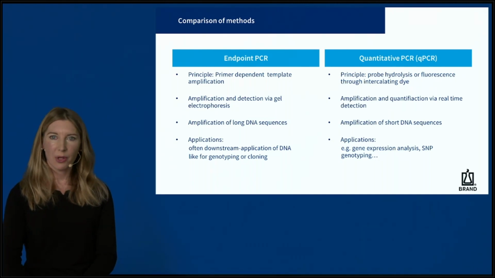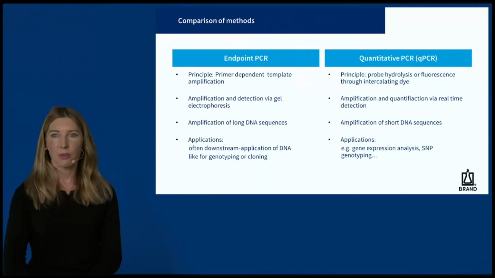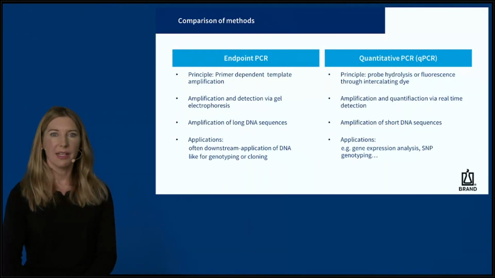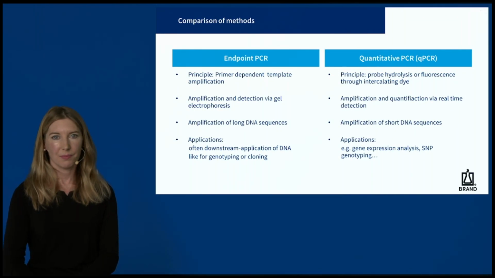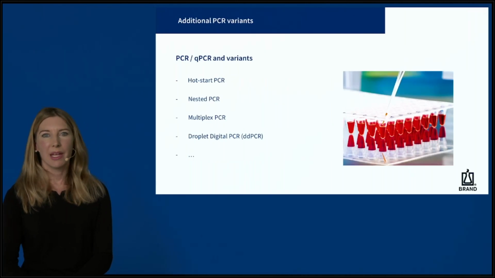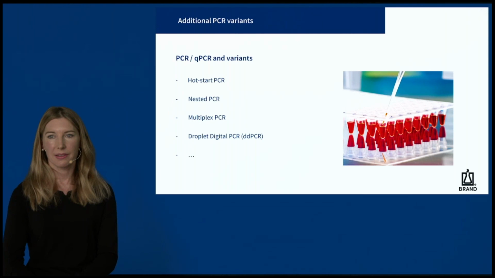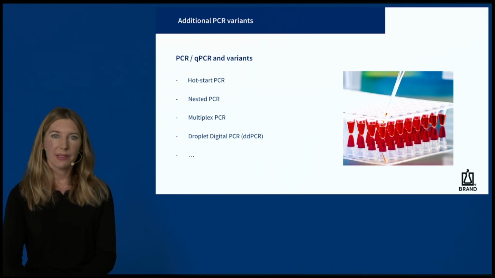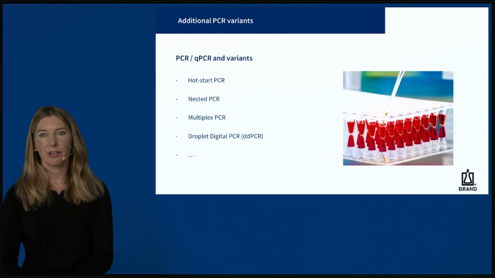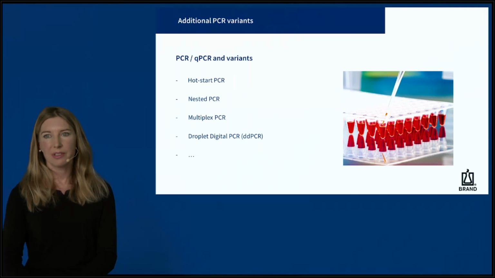Summing up, the endpoint PCR technique is a qualitative method to amplify the gene, while the qPCR technique is a quantitative method to amplify as well as to measure the target gene. Of course, there are many more different methods next to classic PCR. For example, hot start PCR where the polymerase is blocked by thermolabile antibodies. The PCR starts with approximately 5 minutes at 90 degrees to activate the polymerase. Hot start PCR is used to optimize the yield of the desired amplified product in PCR and simultaneously to suppress non-specific amplifications.